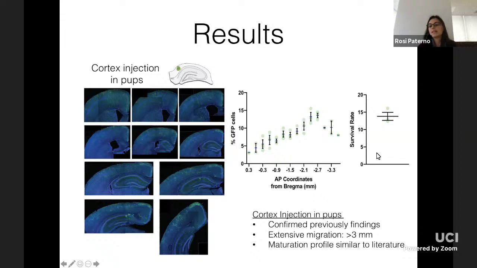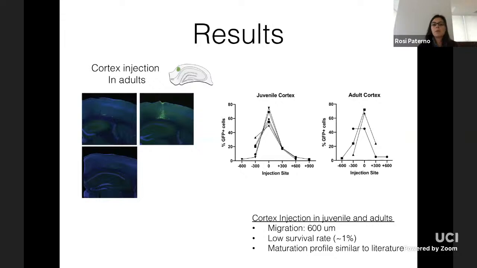And importantly, the survival rate is 15%, which is in line with the literature. Many other papers have shown the same survival rate in pups. And the maturation profile in this case was also, as previously shown, that most of them were PV positive interneurons and SST, somatostatin interneurons. However, when we injected in the cortex in juvenile and adult, and this is an example of